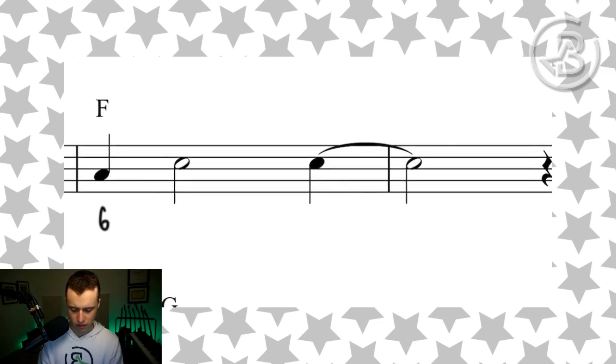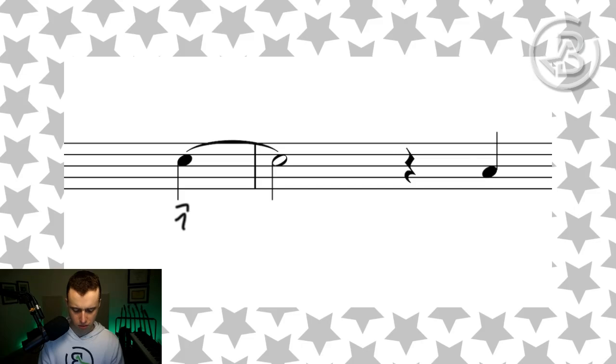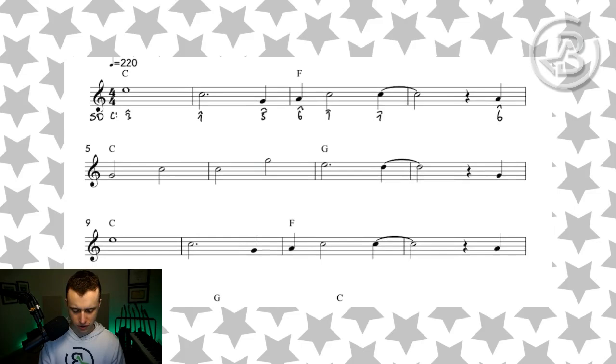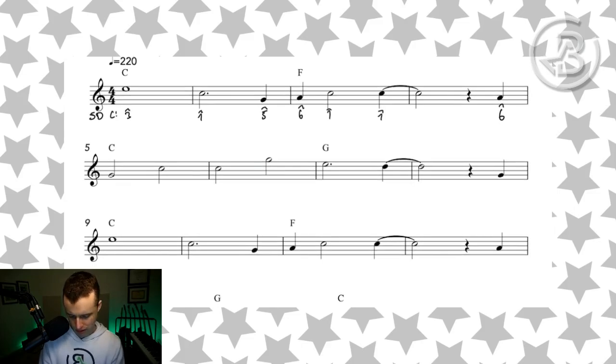Then we have 6, 1, 1. Ooh, don't forget about that 6 at the end there. Very good. I'm going to zoom out so we can just go through line by line. 5, 1, 1, 5, 3,